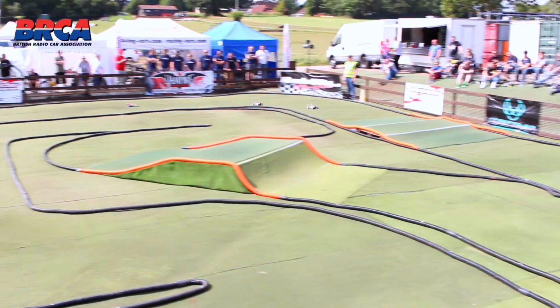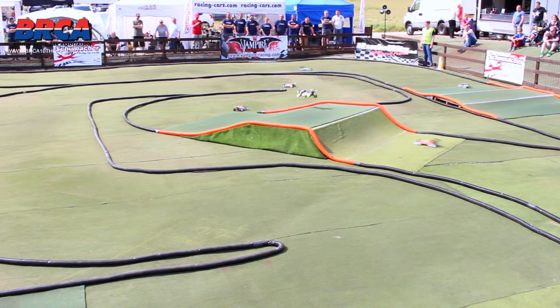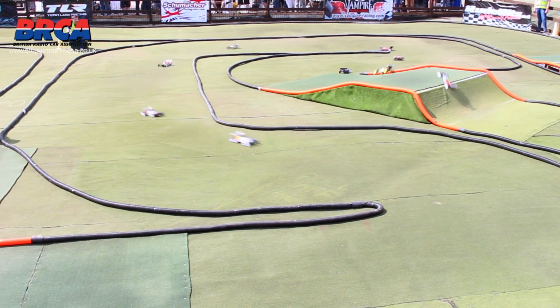Look at the power these cars have. All electric power, 1/10 scale. Off-road, that is the very, very best. So Lee Martin goes